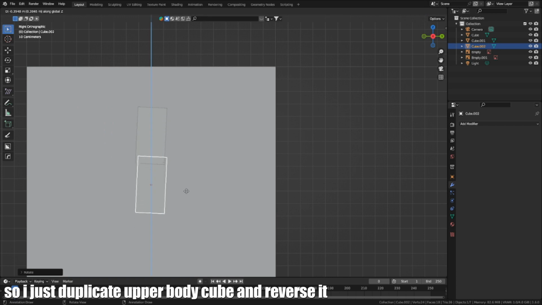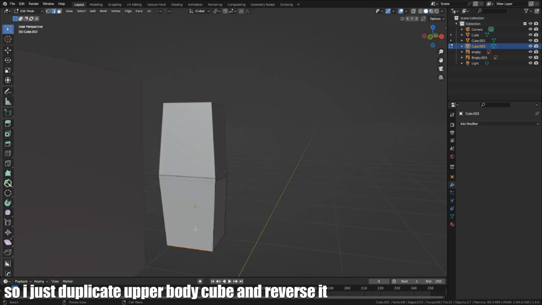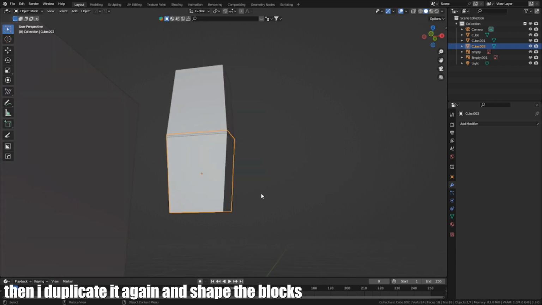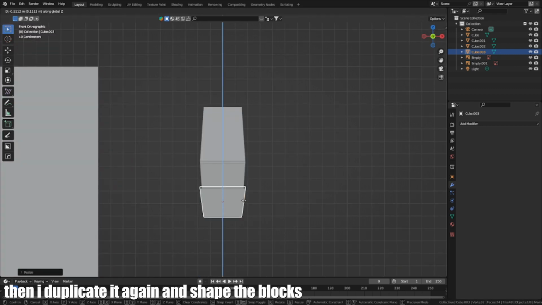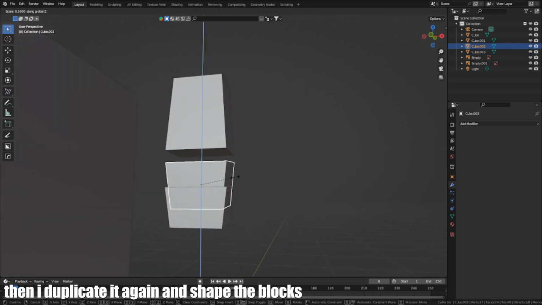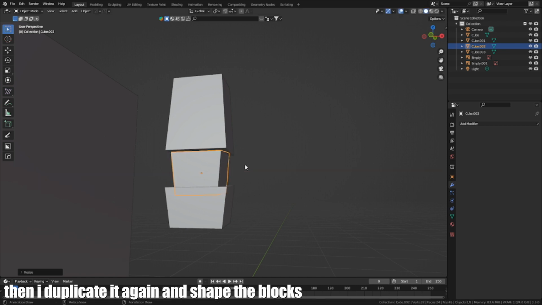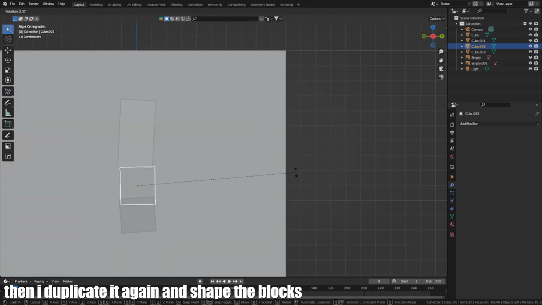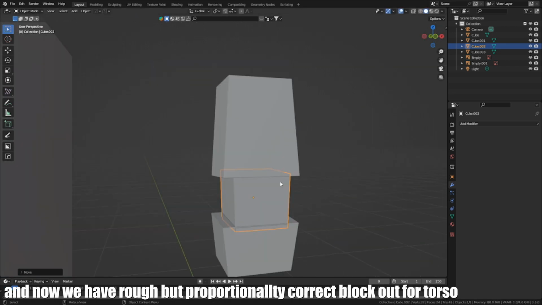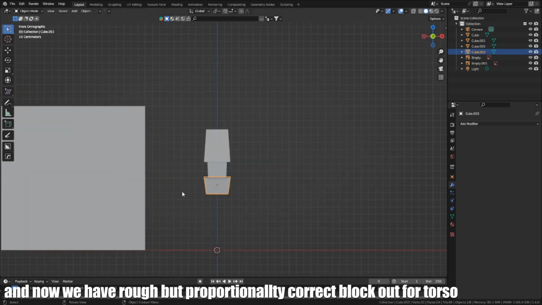So I just duplicate the upper body cube and reverse it. Then I duplicate it again and shape the blocks. And now we have a rough but proportionally correct blockout of the torso.